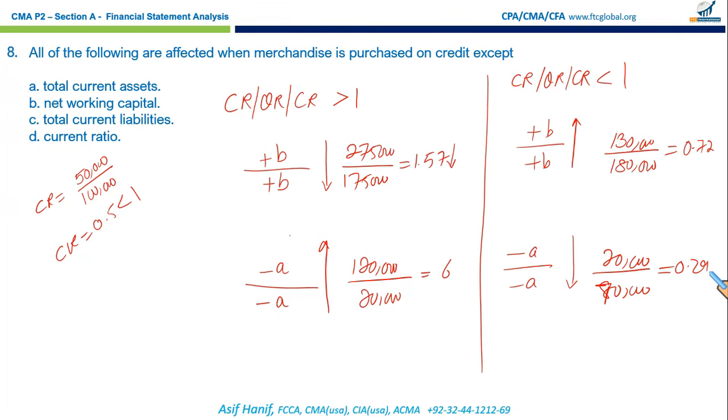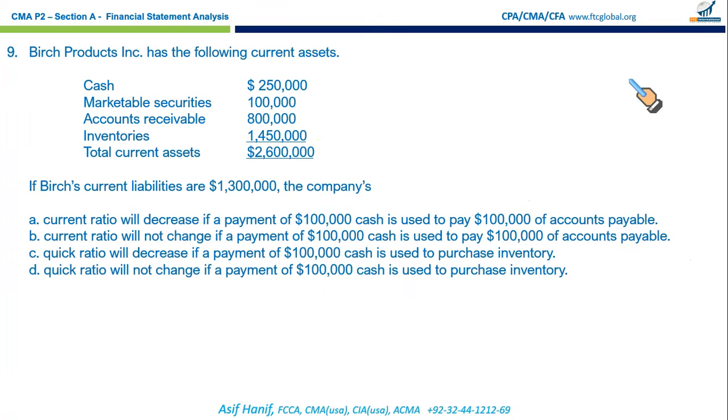So please, this is an important conclusion to be fixed in your memory. If the ratio is greater than 1, adding the same number to numerator and denominator will cause the ratio to deteriorate, and vice versa, reduction will cause improvement. Then we have the complete opposite when the ratio is less than 1. So keep that in mind. It is a very useful trick to do the computations quickly.